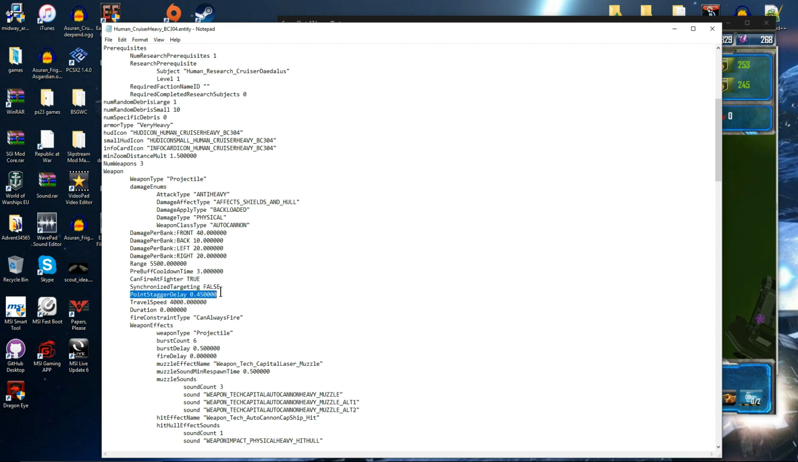Point stagger delay. I'm not entirely sure what that is. Travel speed 4,000, so that's probably going to be 4,000 meters a second. Assuming Sins is based on meters, as Sins seems to use an arbitrary distance measuring, which is why some of the ships don't look their real size, because people have said this about Atlantis,